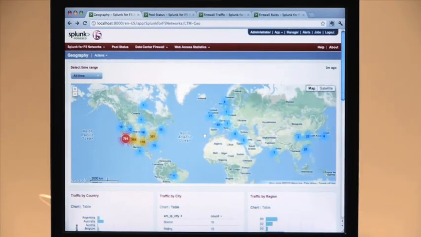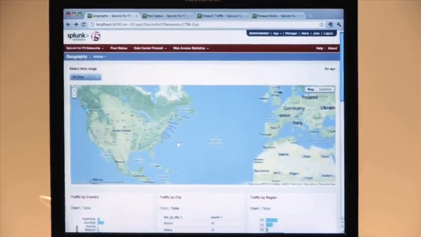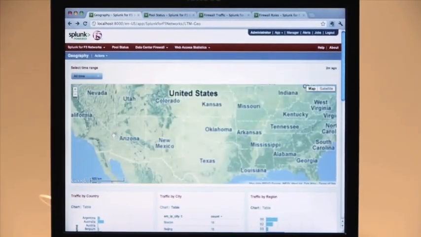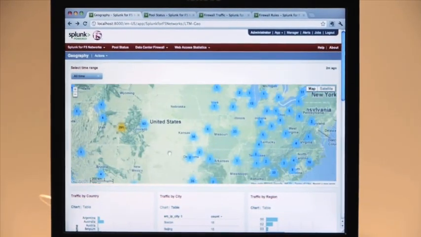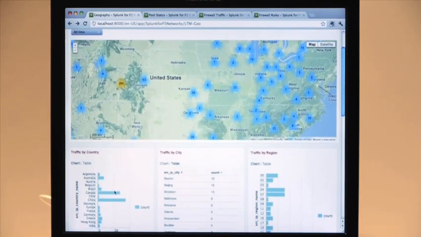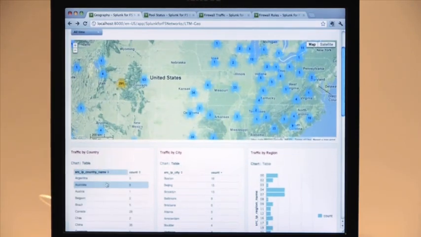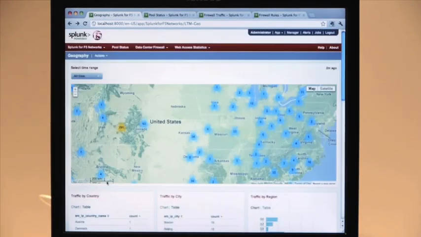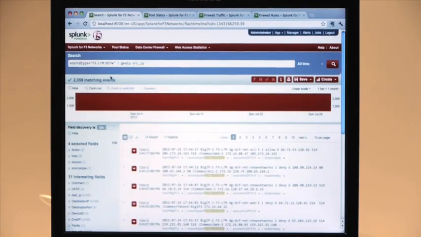We're plotting that back up here to a nice geo on a Google map, so you can actually start to get some intelligence around geography and some of that pertaining information. Now the cool thing here is that this is all coming off of raw data, right? It's that log data. So as you can see, I get these nice, meaningful charts. I can pivot these around tables if I want to start to look at that. But I can also go in and get back to that raw log data that drove this in the first